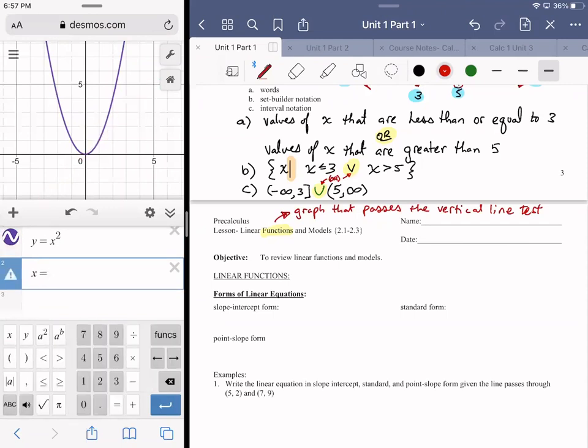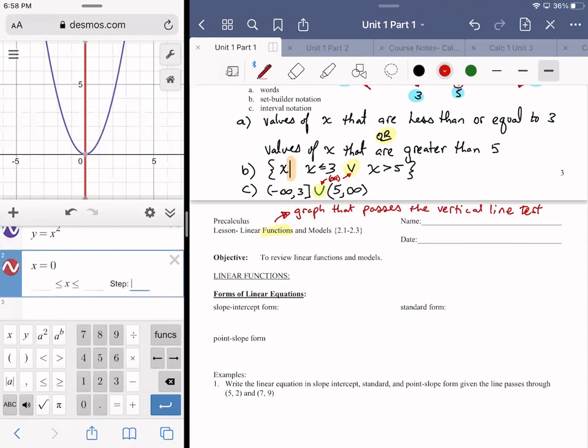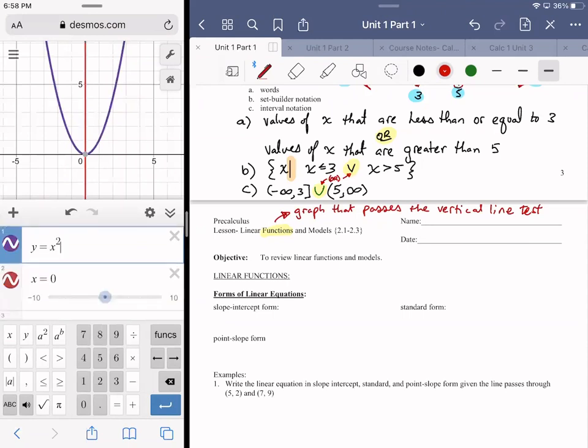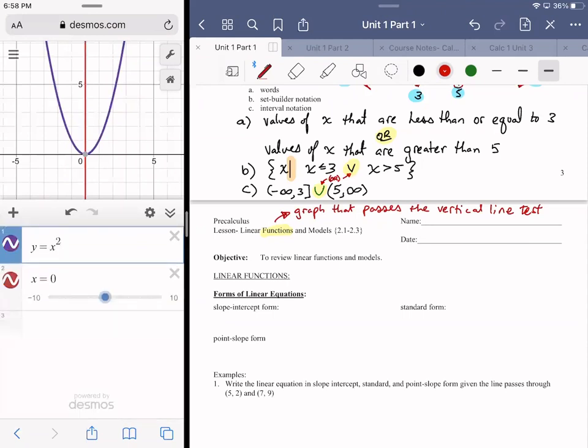I'll just type in x equals 0. All right, so I got a nice little movable vertical line here. I actually forgot for a second that if you just type in x equals a number, it automatically creates a slider for you. You don't need to do a constant like I did before. But you see here, I have it going back and forth,